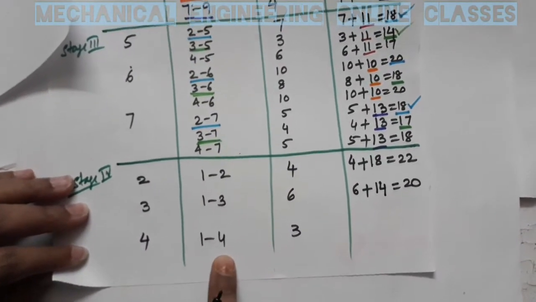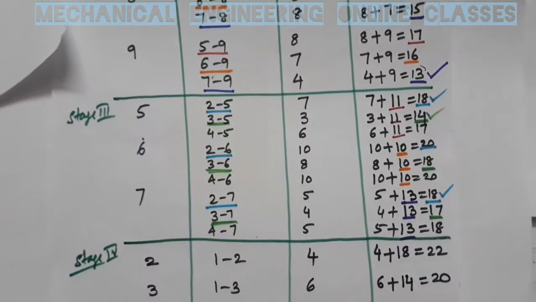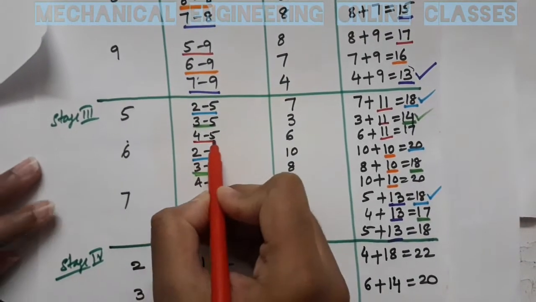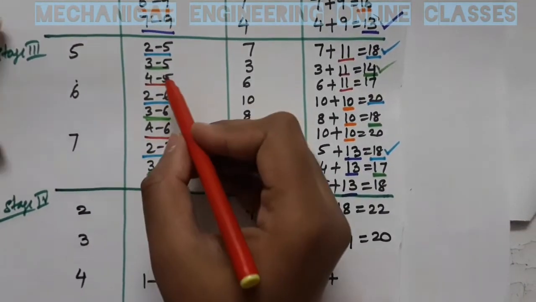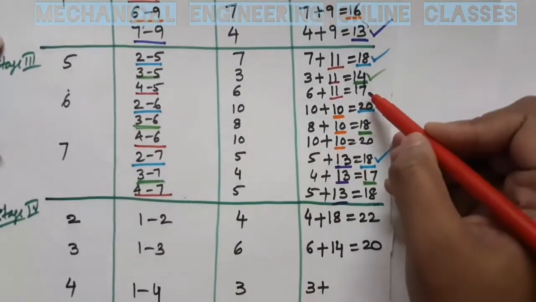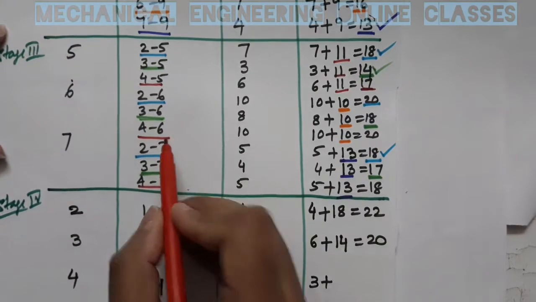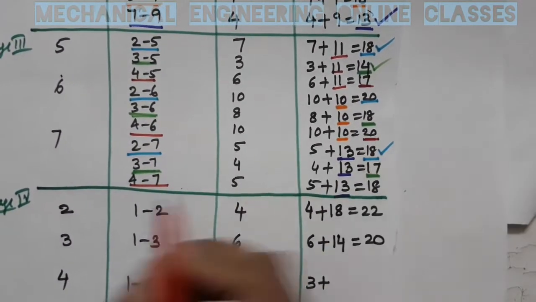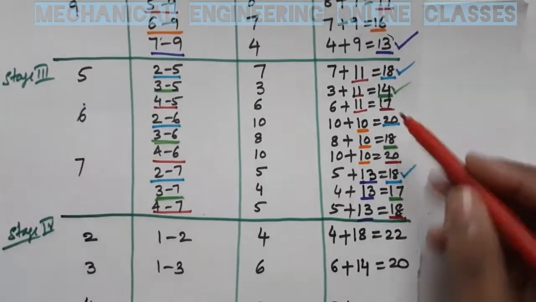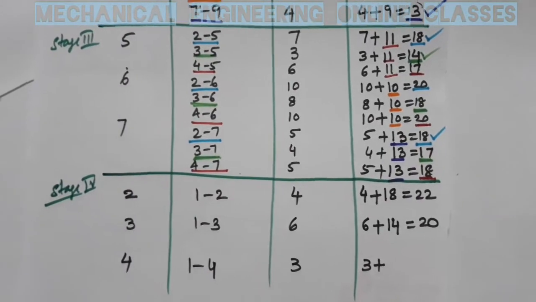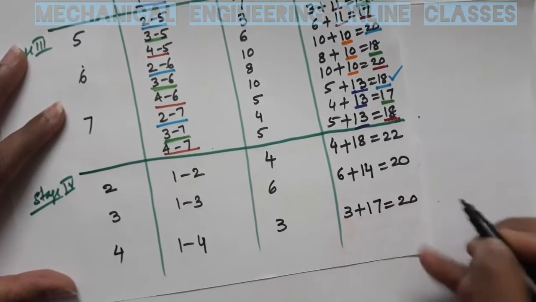Now if I am choosing 1 to 4, 1 to 4 distance is 3, plus from 4 I can go to 5, from 4 I can go to 6, from 4 I can go to 7. So I will choose whether to go to 5 or 6 or 7 based on the total minimum distances. 4 to 5 if I go, I get 17. 4 to 6 I can go with 20. 4 to 7 is 18. So of 17, 20 and 18, 17 is minimum. So the total distance will be 3 plus 17, that is 20.